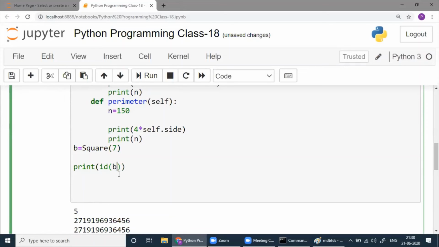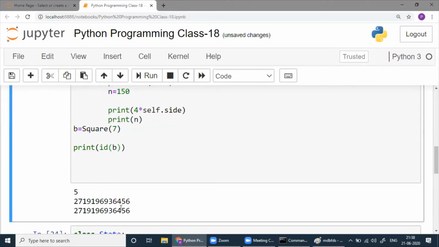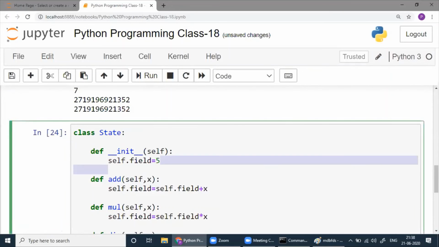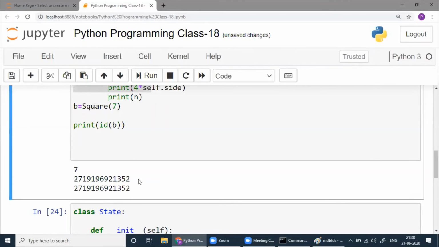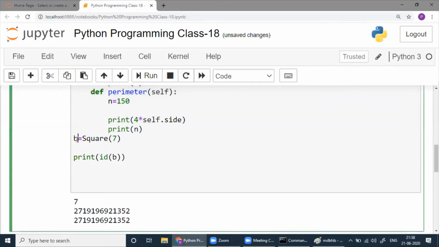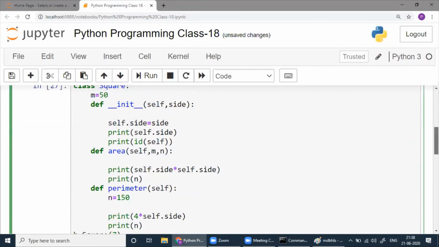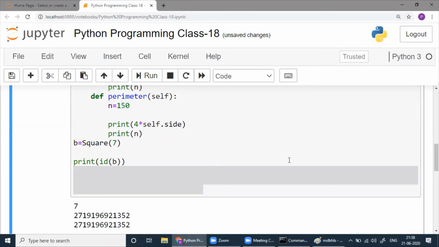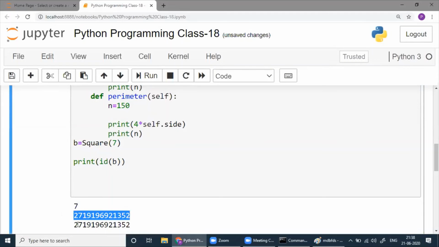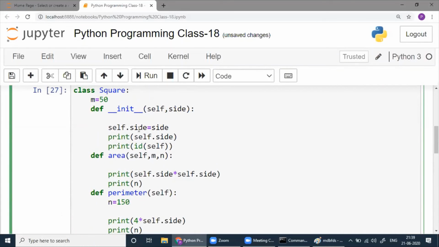What you can do is you can copy this one, or remember 4, 5, 6 you have. Now see, you have 3, 5, 2. Why did it change? Because this is another object. So when you are creating another object, you get another ID, and B you are sending to self. That means they will share the same ID. Here the place is important. Variable is only a tag in Python. So they share the same ID. That's how when you write B dot attribute and self dot attribute, you get the same answer.